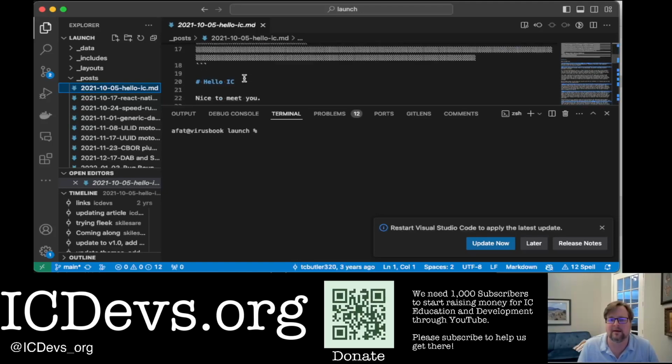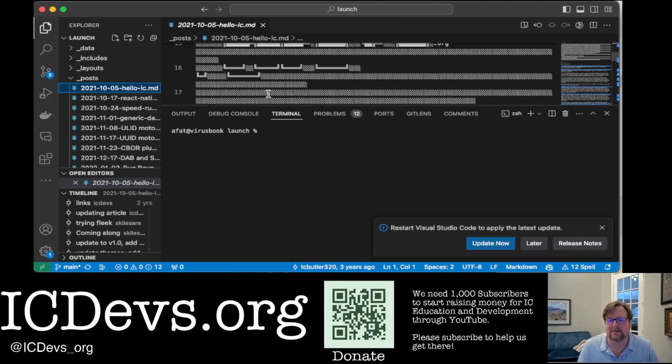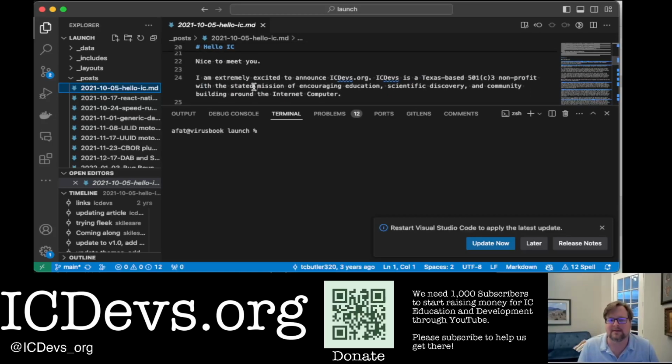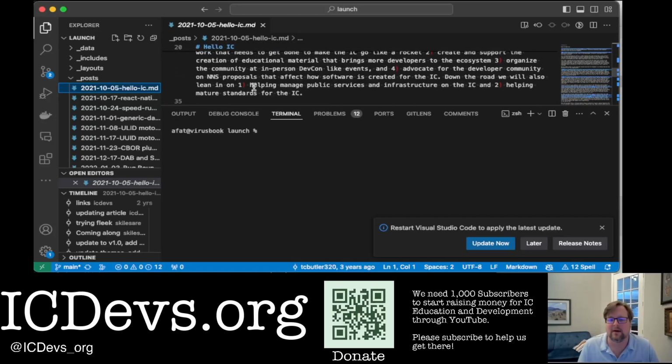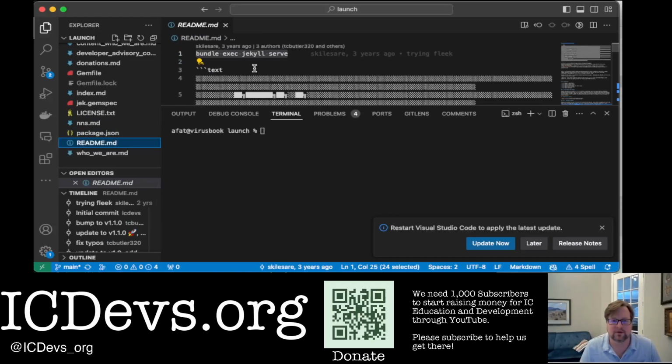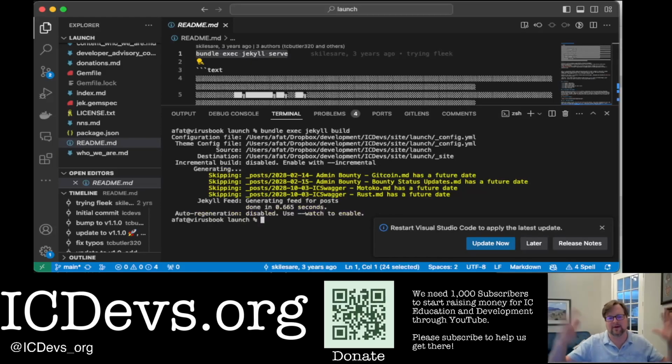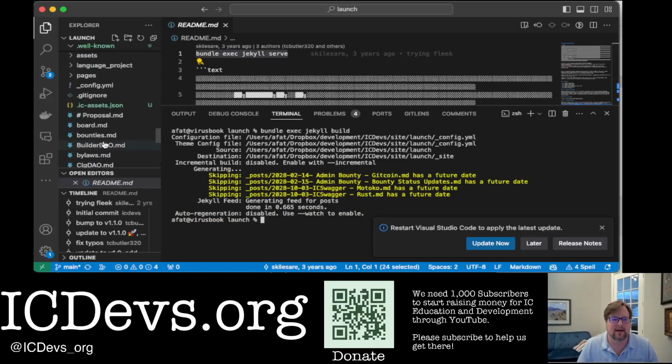You can copy and paste some content, and then you just write Markdown. And when you are ready to, you can just run bundle exec jekyll build,